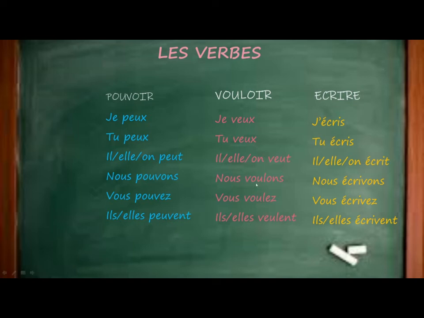And so vouloir, so for example, je veux sortir. Okay, I want to go out. Okay, je veux écrire. Right, donc je veux me reposer. Okay, I want to take rest. Right, and so on. So as I told you, mostly we'll be using an infinitive form of a verb after the verb vouloir and pouvoir. So here we got the verb écrire.